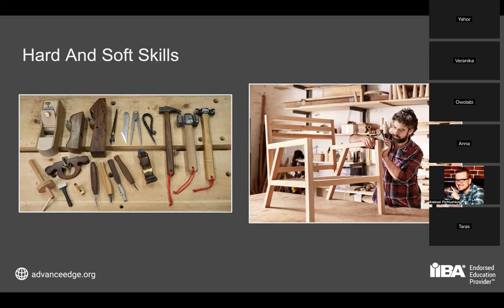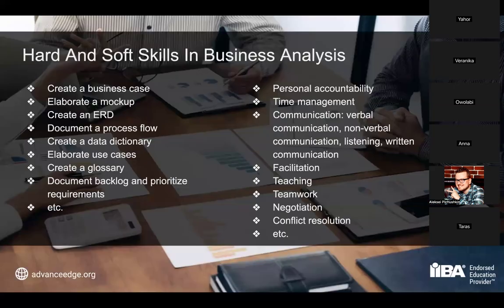The same with business analysis. We can have two business analysts who know all the 50 techniques from the BABOK guide, right? The business analysis body of knowledge created by the International Institute of Business Analysis. That book lists 50 techniques that business analysts can apply, including backlog management, acceptance criteria, wireframes, decision analysis, and so on and so forth. And two business analysts knowing the same techniques but having different soft skills will deliver absolutely different results.